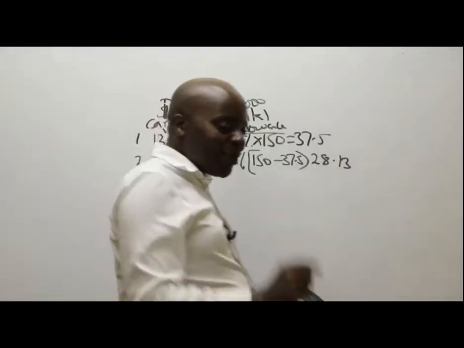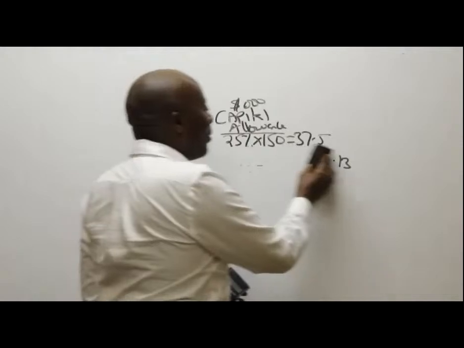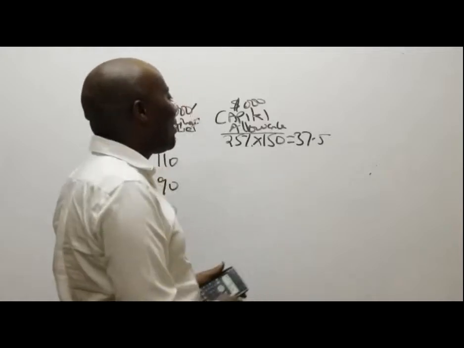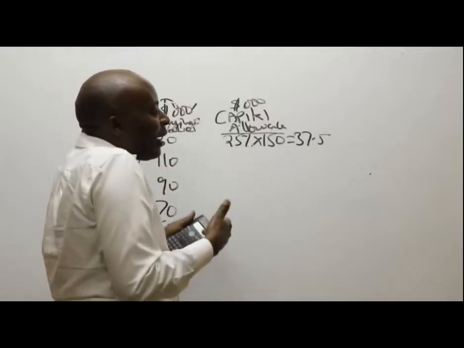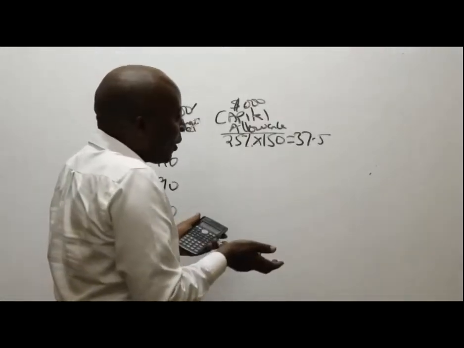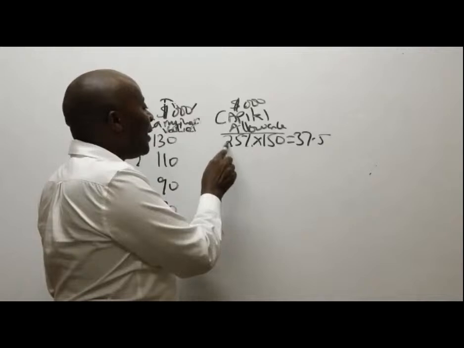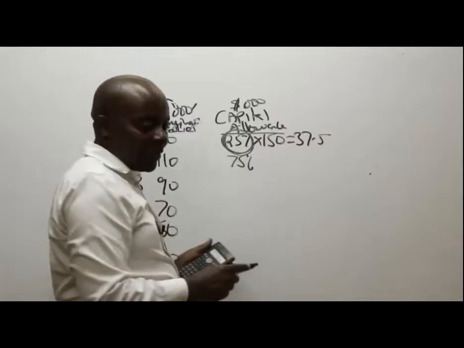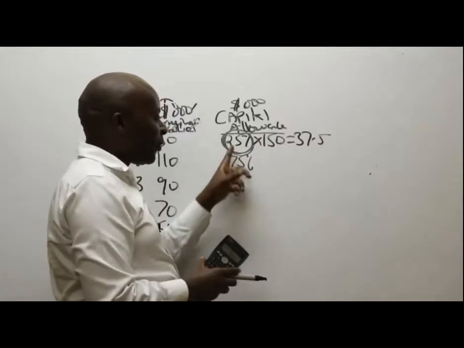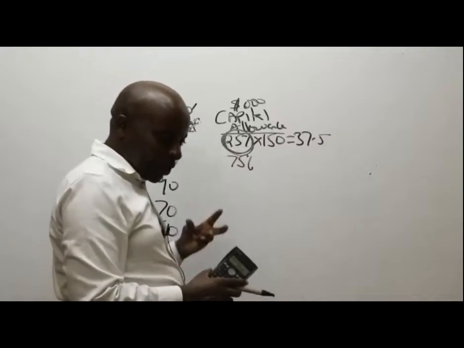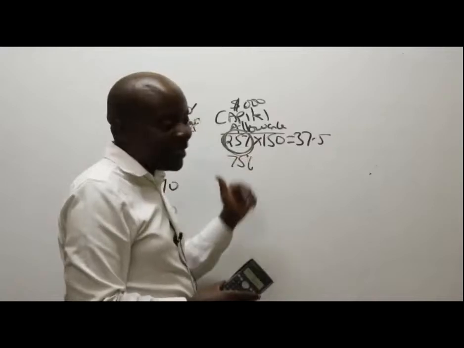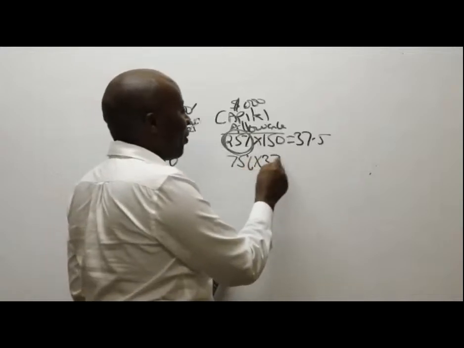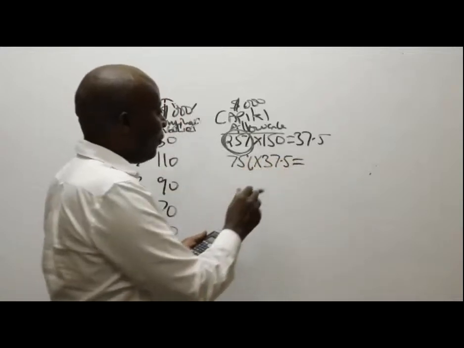But you see, these students have already discovered a certain secret, and my former students too. Teacher, whenever it comes to percentage reducing balance depreciation, for the subsequent years I don't have to labor. What I need to do is look at the complementary percentage, which is 75%. You add 75% to make 100. So I'll take 75% of the previous capital allowance. So 75% of 37.5 will end up giving me, if you do your mathematics well,